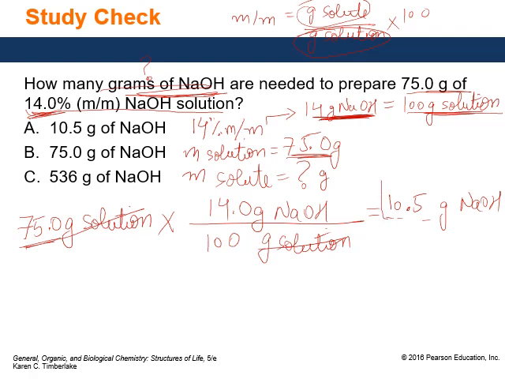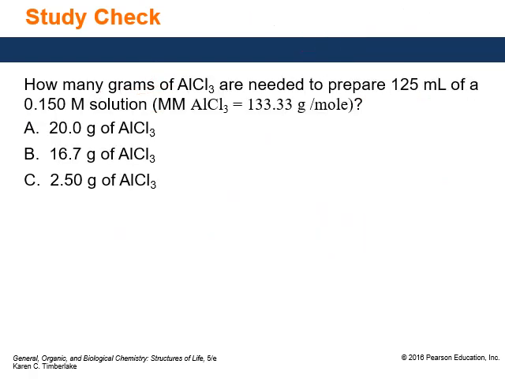So my final answer is 10.5 grams of NaOH in 75 grams of solution would give us a 14% solution of NaOH. Okay, so remember, whenever the question gives you this information, use it as a conversion factor. Okay, let's try one more question of a similar